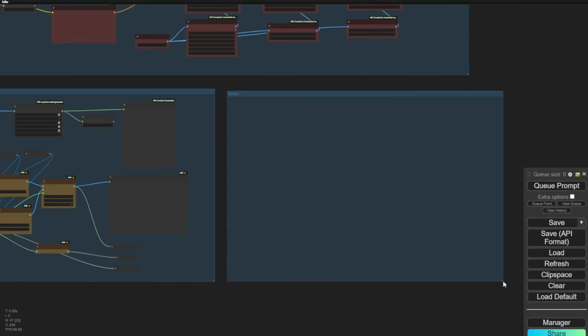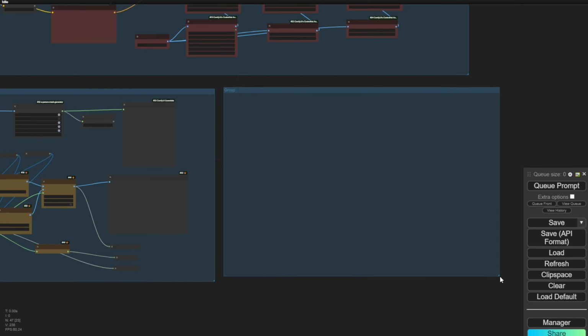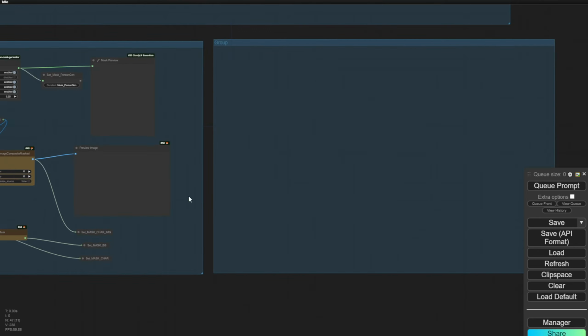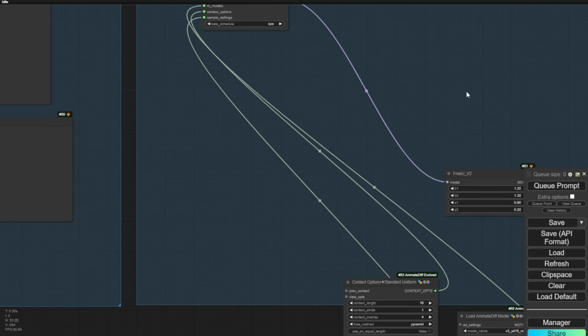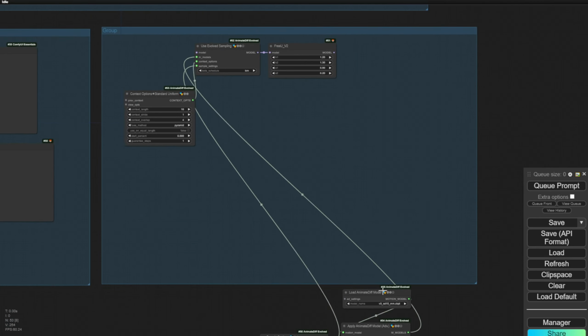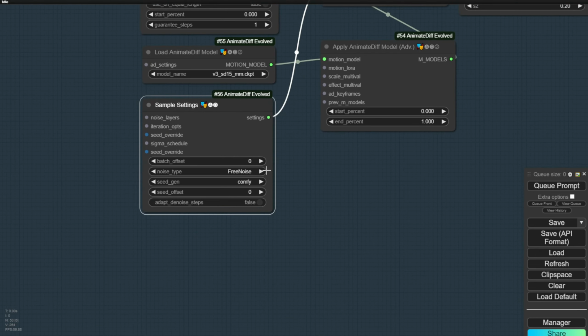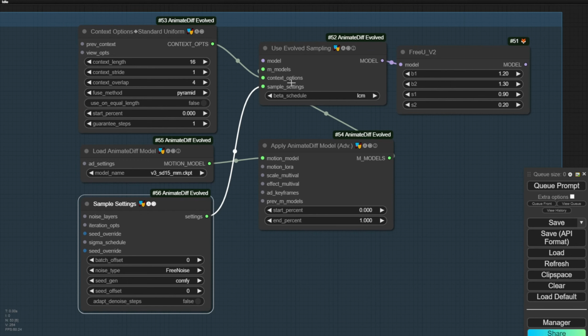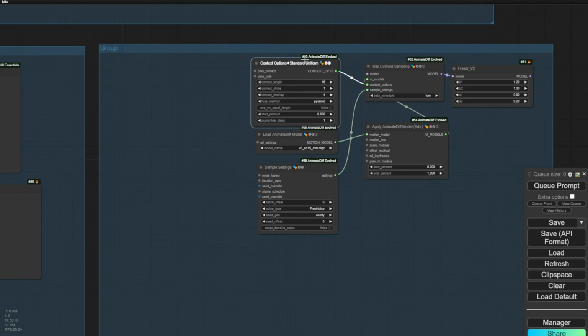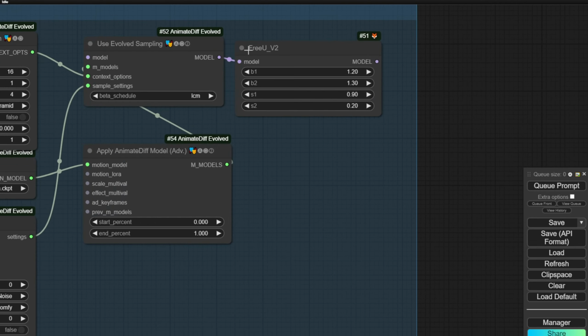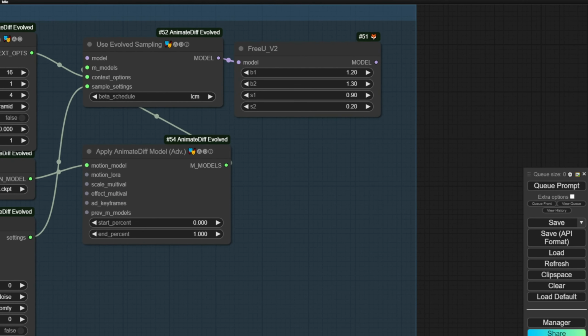So the next thing we've got to do is start preparing for the latent image. So for the latent image, we're going to create one group for the latent image and sampling. No, actually it's latent image passed to the AnimateDiff. And right here, we'll use AnimateDiff as the center of this group. So we'll copy it from here. We'll do the LCM sampling and the VAE. Of course, we need that to make it clear for LCM data right here. And then we'll have this organized better, just tighten up everything.